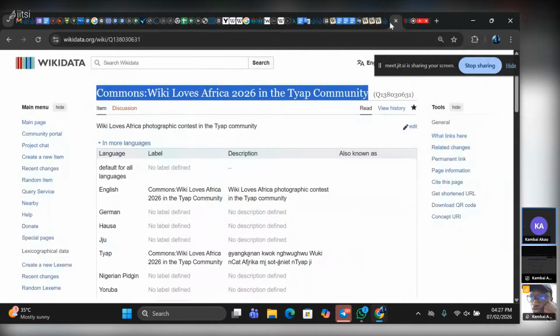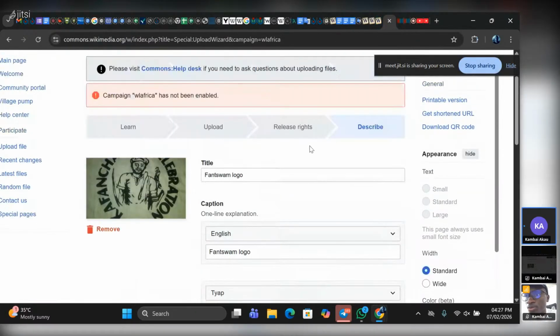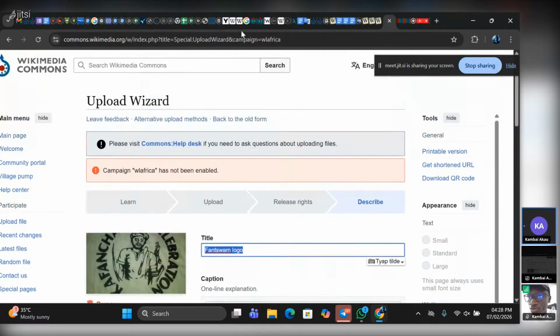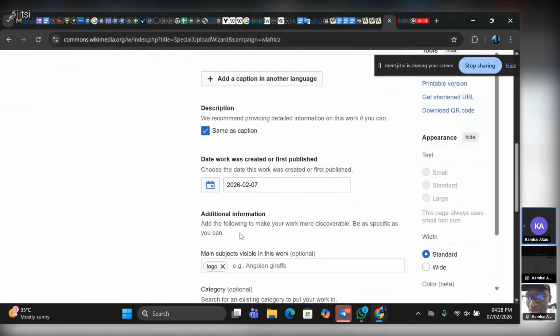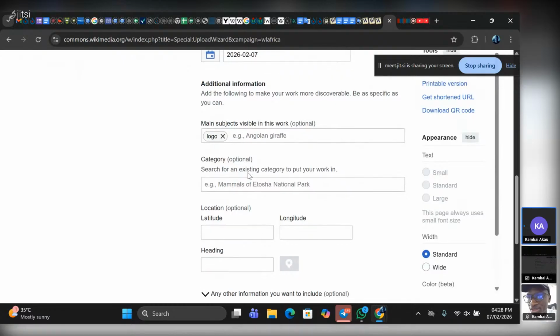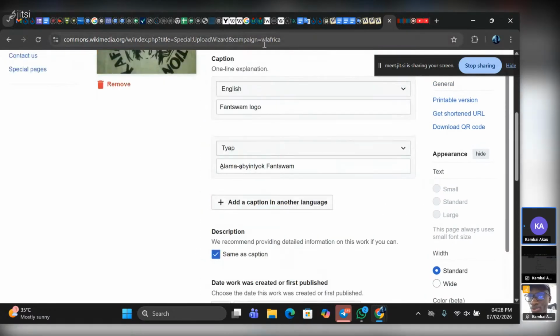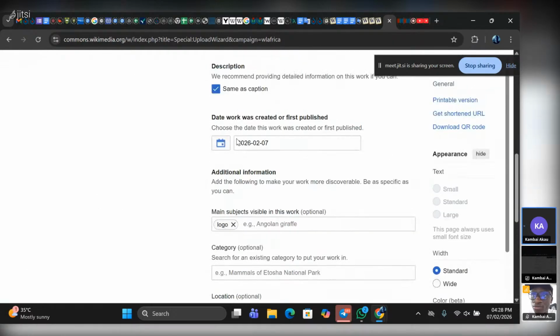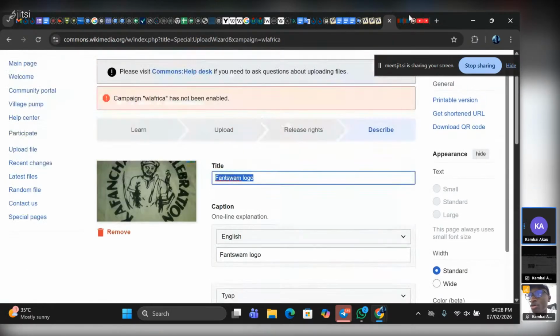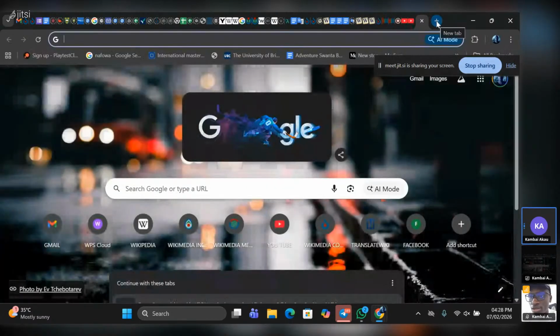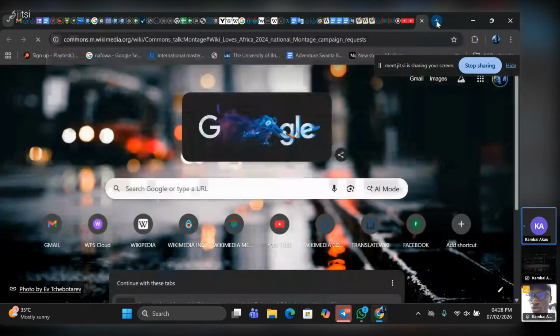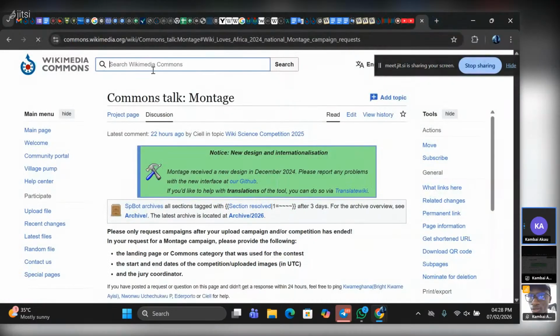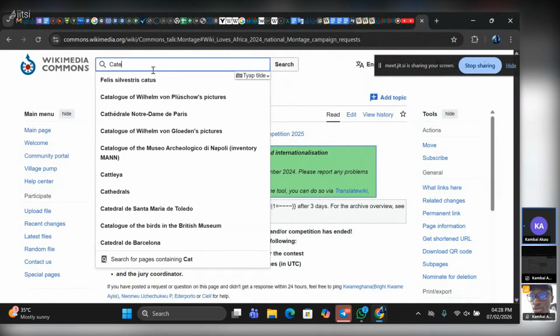Okay, but let's try to not upload this image. So this is what I can see at the end of this very upload. But then if I end up uploading this very image, because it is carrying the logo, I mean the upload wizard of the Wiki Loves Africa, I'm very positive that at the end of the day it will just turn out to become one of those images like this very one. Let me open some images on Wikimedia Commons, and then I'll go to a category that I usually